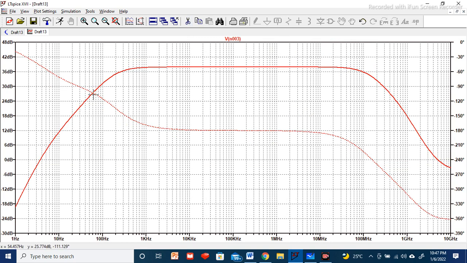This bold color line is the magnitude, and this dotted line is the phase response. You can see on the left hand side we have the phase of the output waveform, and on this side we have the gain Vo by Vi in dB. The value you can see is approximately 38 dB gain. Okay, so 38 dB gain means